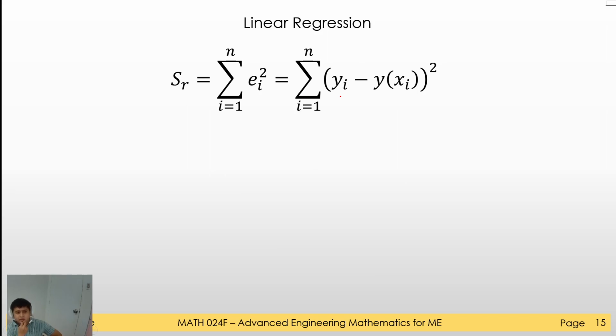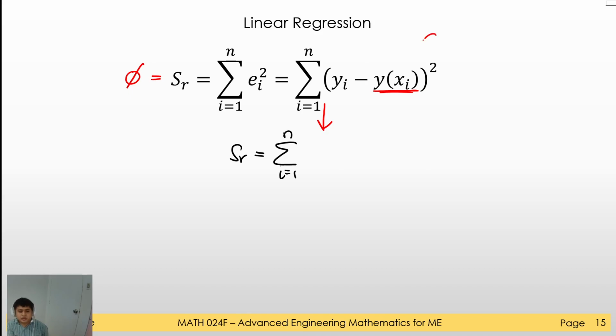So if you want to minimize the sum of the errors, which is SR, or what we called phi last time, how do we find the minimum of this function? We can use derivatives. Since this is a function of the difference of two functions, we can try simplifying this first, no? So this SR is equal to,